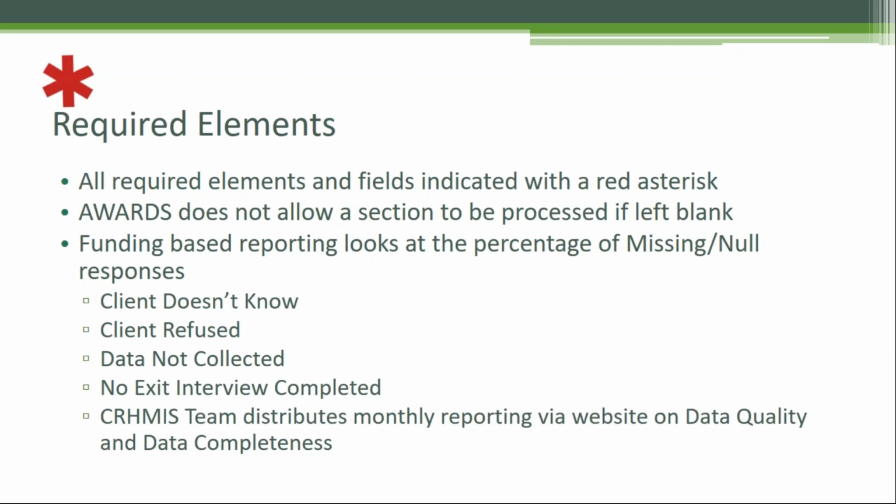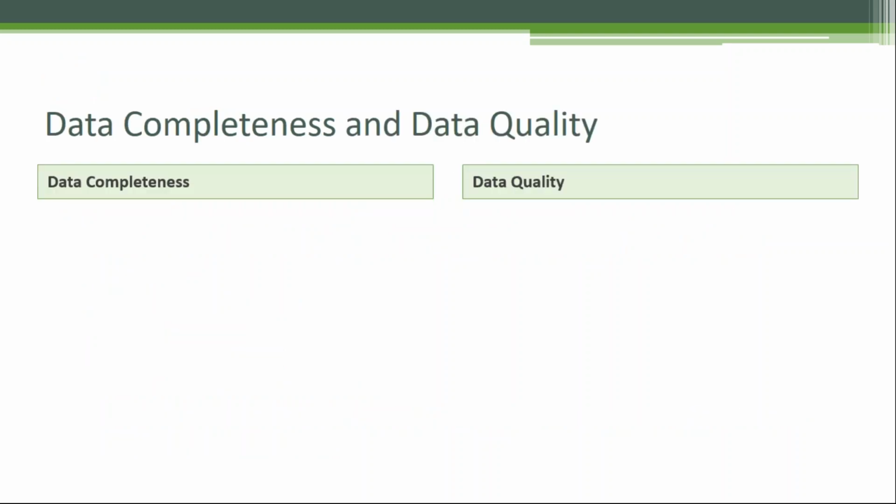The HMIS team at CARES distributes monthly reporting on our website where we report on data quality and data completeness at the community level and project level. They are published on the 5th of the month, so you can always go to our website to view those reports. The reports that we put out on data completeness and data quality, what we're looking at in those reports